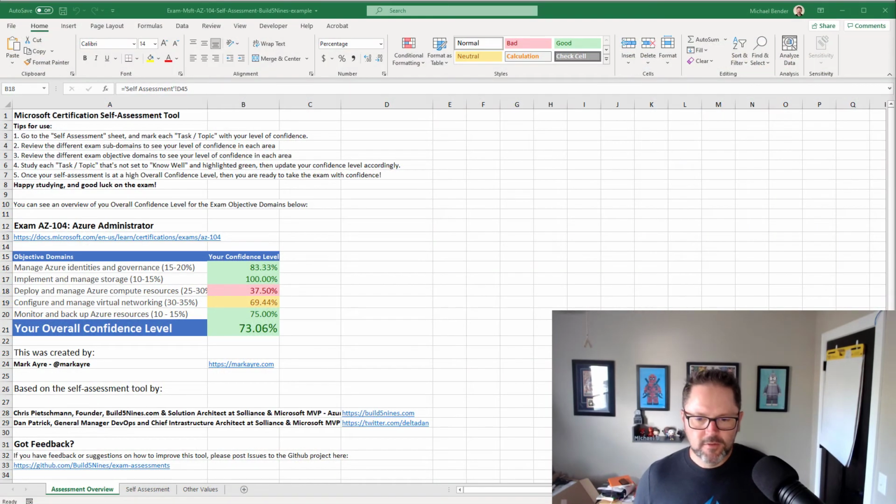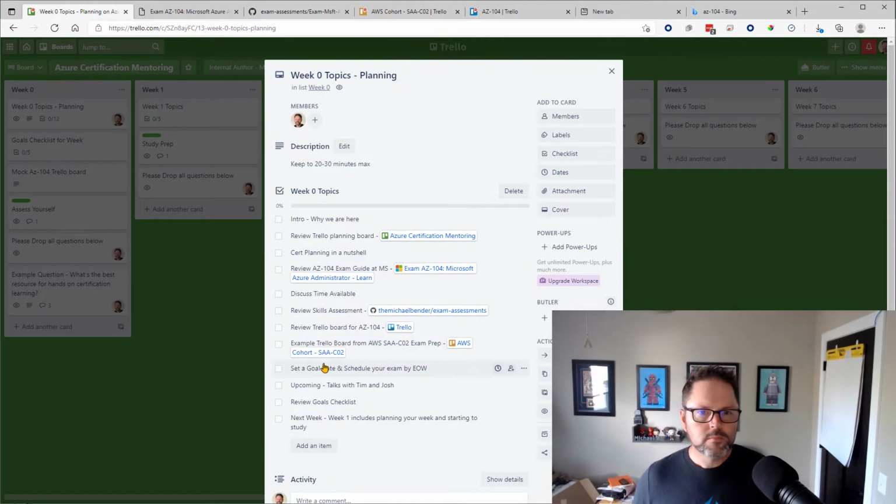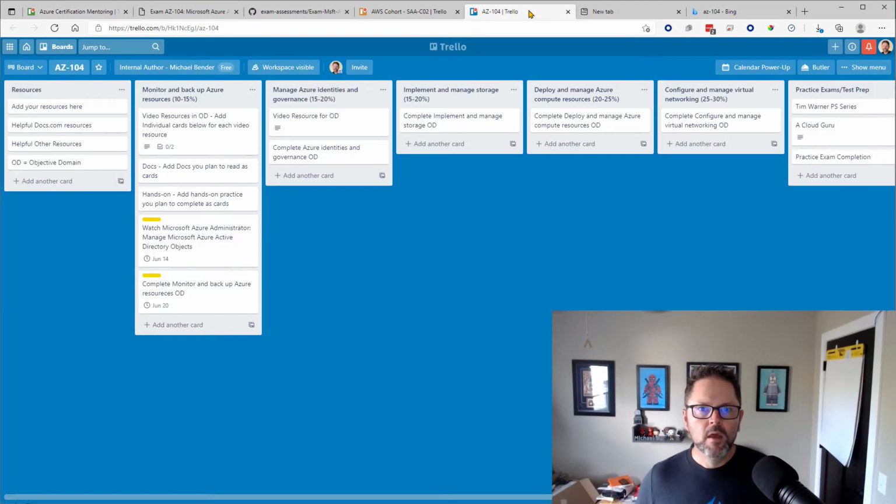So next, let me get over to my screen here. So we covered the intro, we went to review, talked about cert planning, just talked about time availability. Now let's take a look at a Trello review board that I created for AZ-104, and the link's there right for you. And if you go over, this is available to you. You can go ahead if you want to.